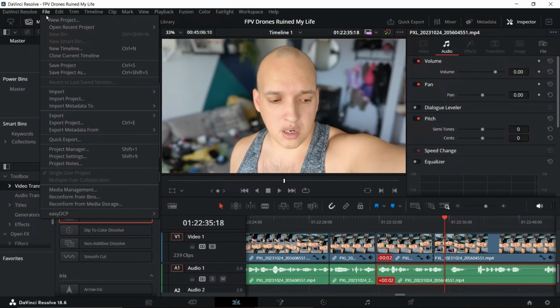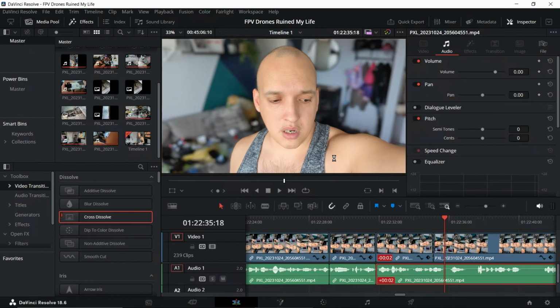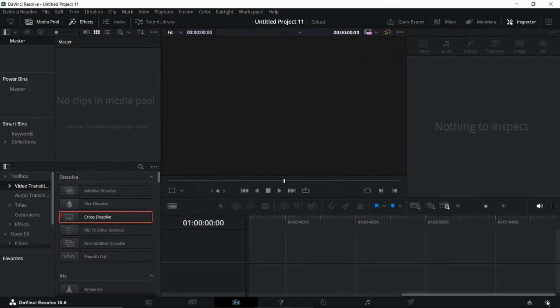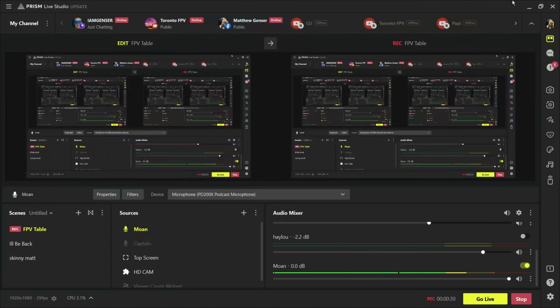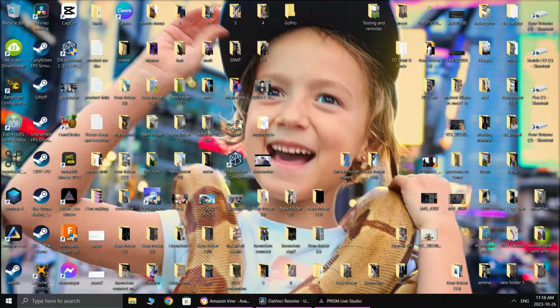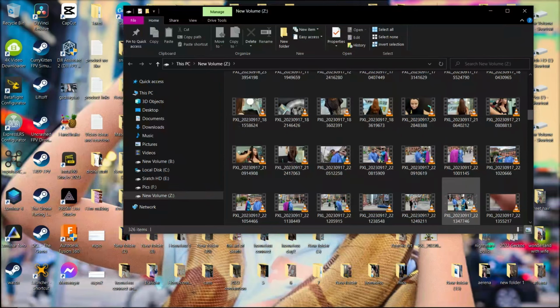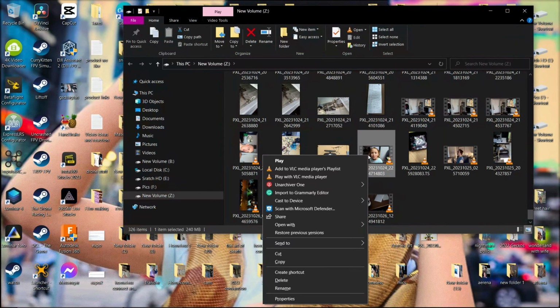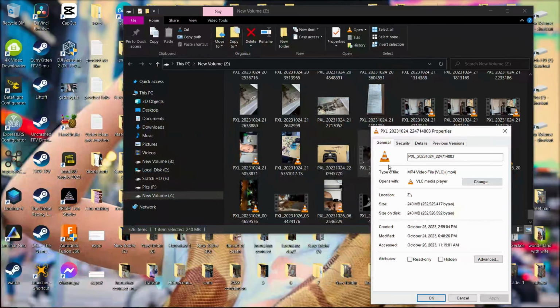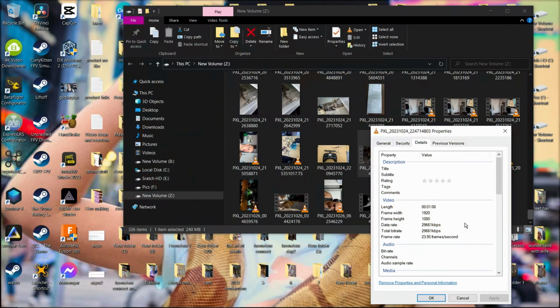I'm going to show you one more thing. When you're starting your project, okay, so we create a project. Here are your settings. You can do this before it all starts. So you can make this 24 because I want to work with 24 frames a second. I save it. And now these files that I'm bringing in from my phone, they're a little bit different. They're supposed to be 24 frames a second, but when I click on it and I look at the details, you see